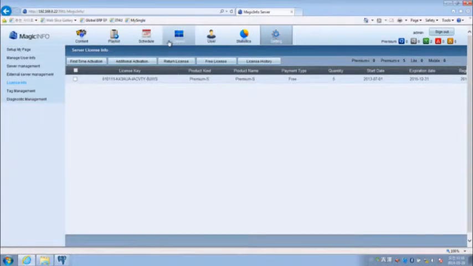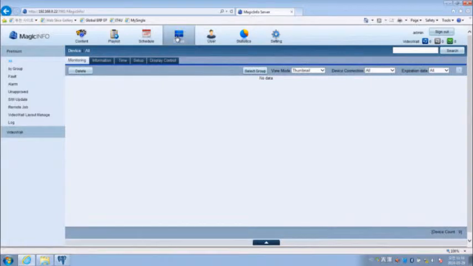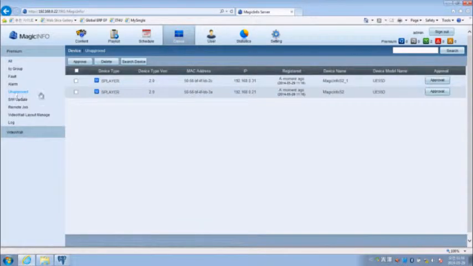Now, I will show you how to approve your connected device. First, go to the Device tab, then navigate to Unapproved. Here, any LFD that you have connected to the server will initially appear. In order to approve them, you can either click on the approval here, or to do a mass approval, checkbox the mark,